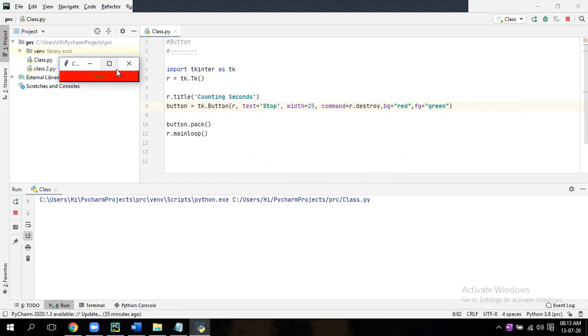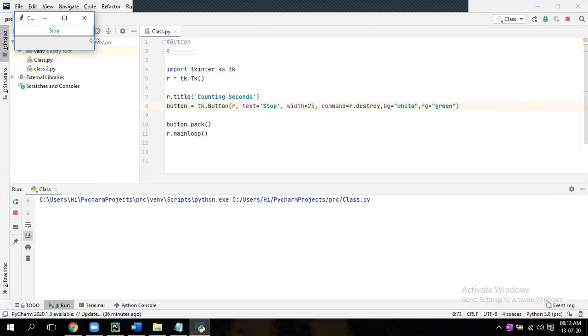If you see, the foreground means the text color; it changed to green. Because of the red background, it is not visible. Otherwise, you can remove that BG, then it is visible. Okay. Make it white. BG equal to white. Got it? So like that, as per the requirement, there is no logic, nothing; just add these properties one by one as per the requirement. That's it. So that is how to create a button. You understood, right?